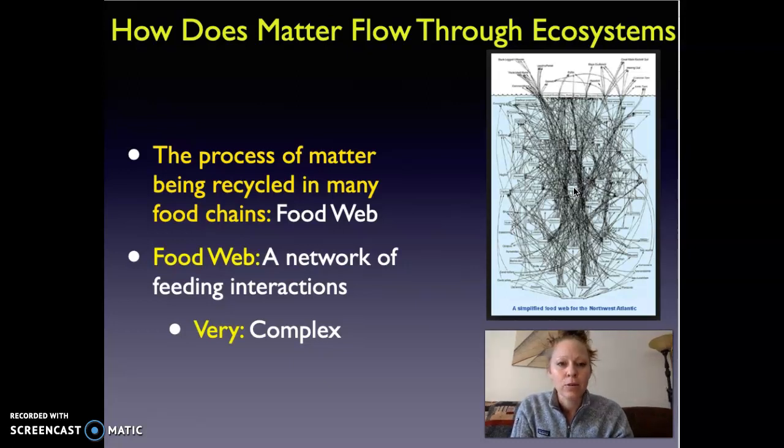And they're very complex. If you take one thing out, we don't always know what the effects are going to be. We like to think that science can solve everything and we know everything, but what we know is actually so much less because of how complicated it really is. If you take this out, we can foresee how it'll affect some things, but we don't always know how it's going to affect everything. So remember that life is very complex, and we don't always know what's going to happen when we change something.